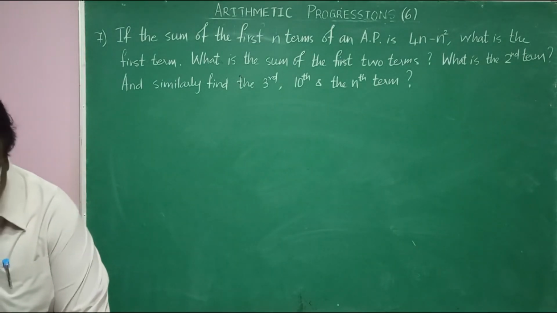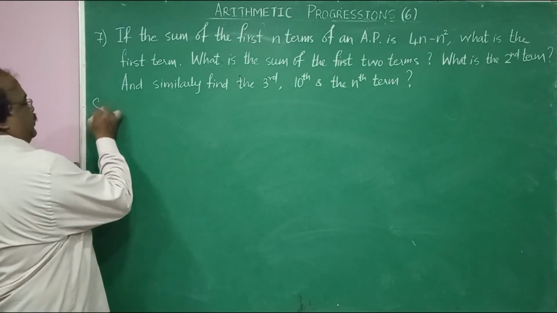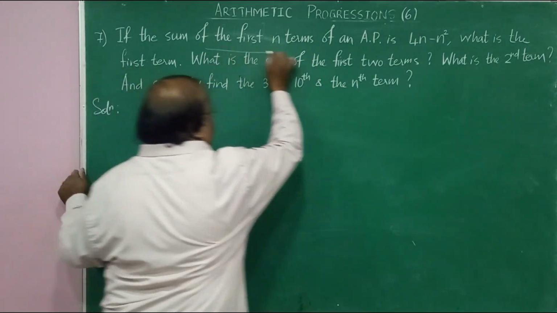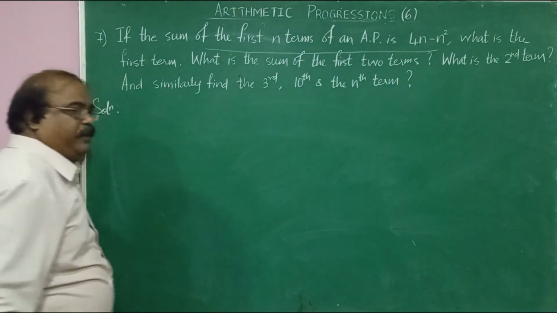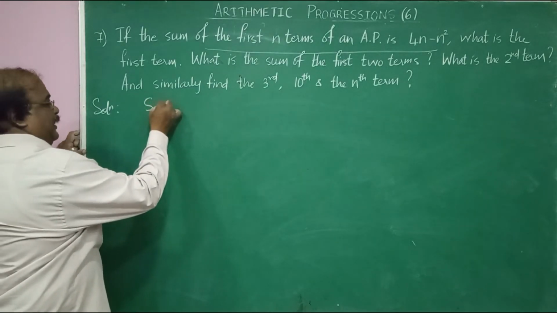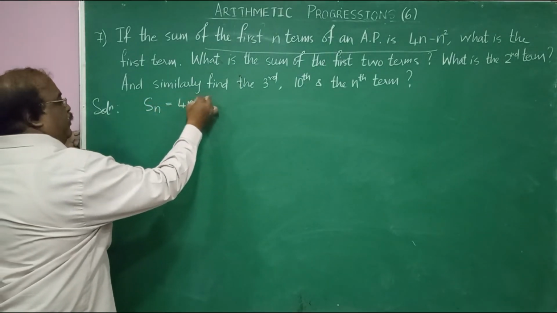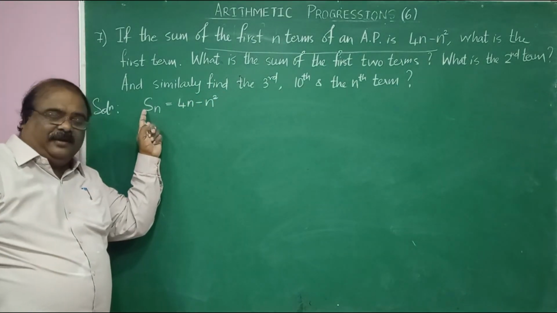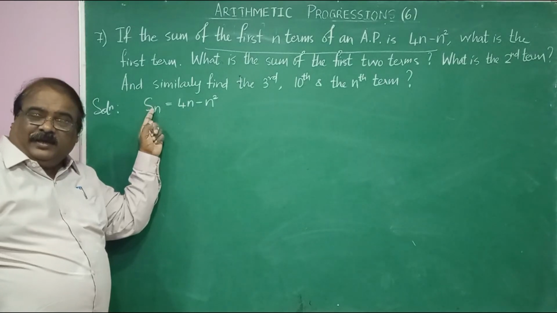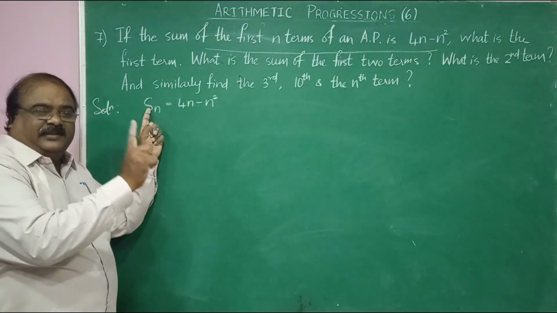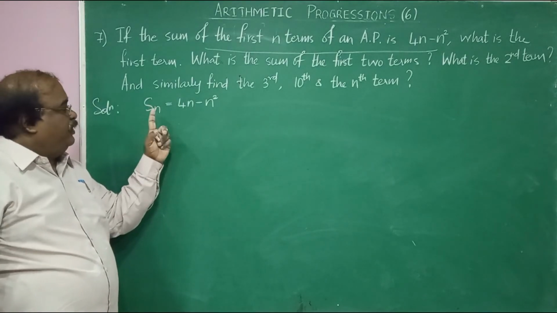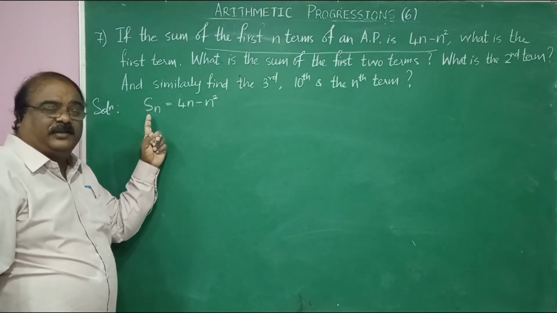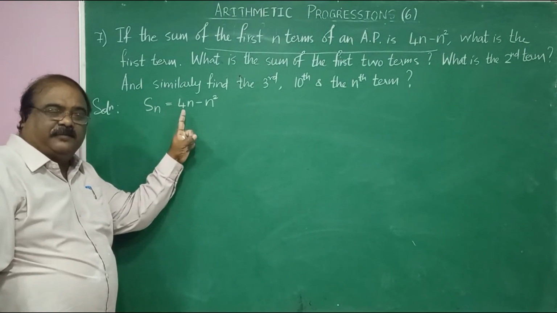Let's see what is given to me in the question. Solution set. The sum of the first n terms is given by 4n minus n square. So I know that Sn is equal to 4n minus n square. I hope you know what is Sn. If I say what is S3, S3 is A1 plus A2 plus A3. If I ask you what is S2, it is A1 plus A2. If I ask you what is S1, S1 is nothing but A1,